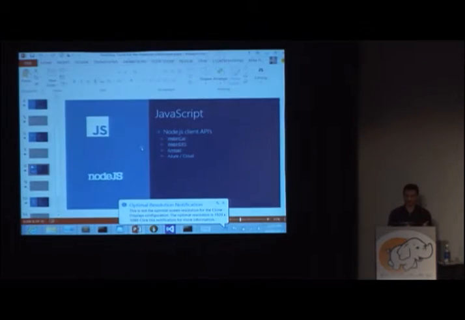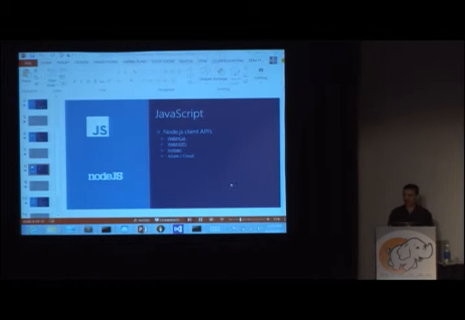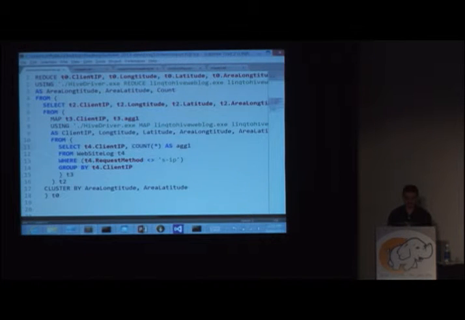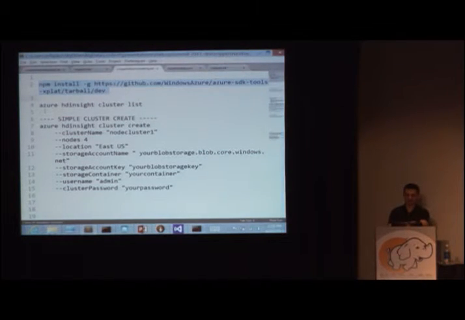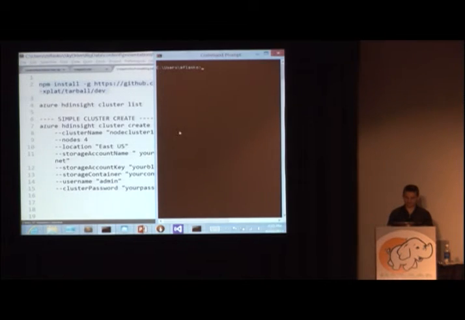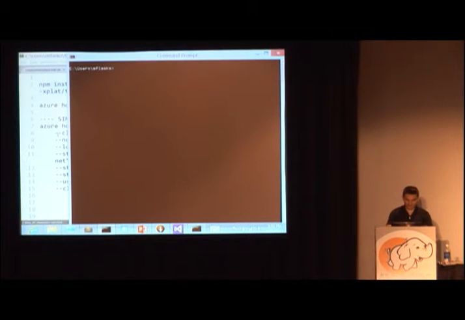So if you're familiar with Node, Node has a package manager tool where basically you can say, npm, the name of their package manager, go install this particular Node solution. So what we did is integrate with that. And here, you could do this today if you wanted to, if you had Node.js on whatever machine you've got. You could run npm install -g from our GitHub account. You could go grab our Windows Azure SDK tools. If you run this one command line in Node, what you'll end up with is the ability to do something like this. If I'm still connected, you'll be able to say Azure, that's just the name of our cloud platform,